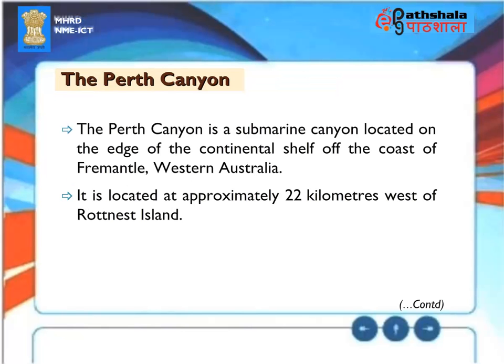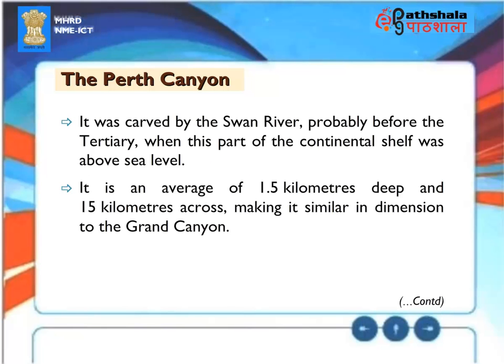The Perth Canyon. The Perth Canyon is a submarine canyon located on the edge of the continental shelf off the coast of Fremantle, Western Australia. It is located approximately 22 kilometers west of Rottnest Island. It was carved by the Swan River, probably before the Tertiary, when this part of the continental shelf was above sea level. It is an average of 1.5 kilometers deep and 15 kilometers across, making it similar in dimension to